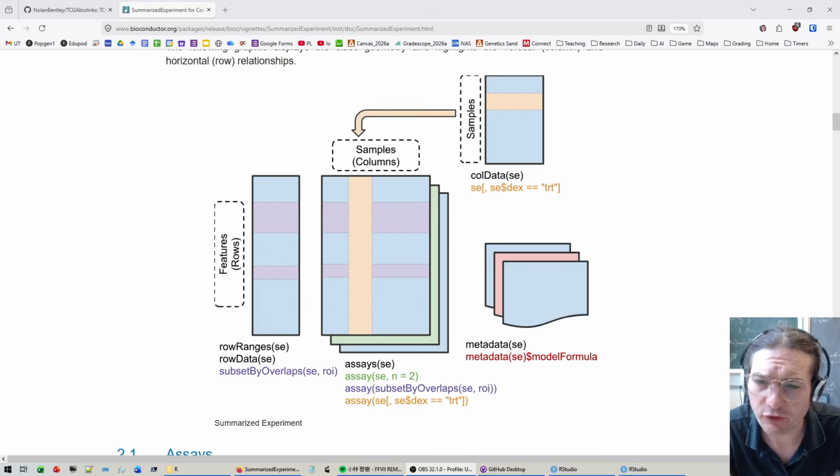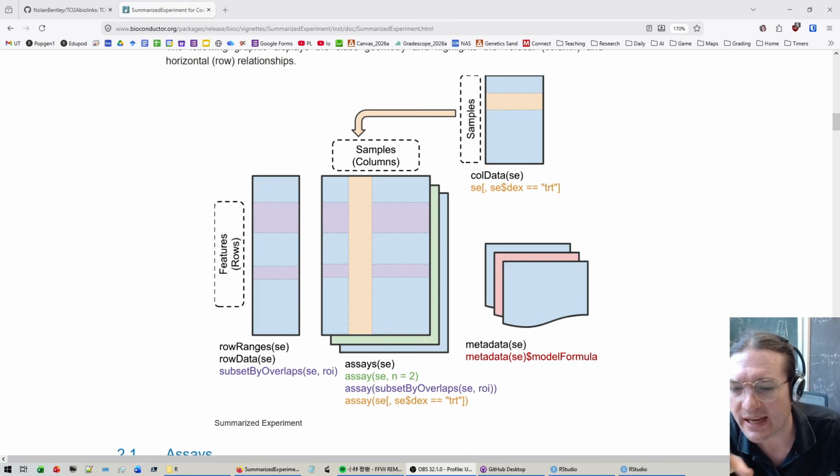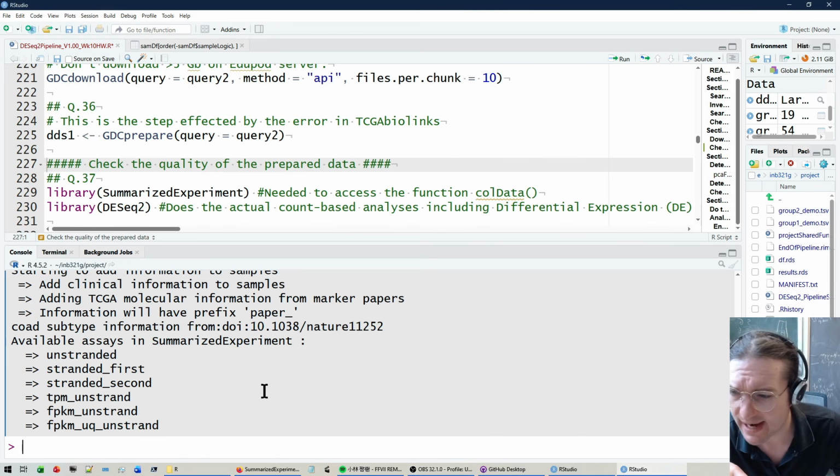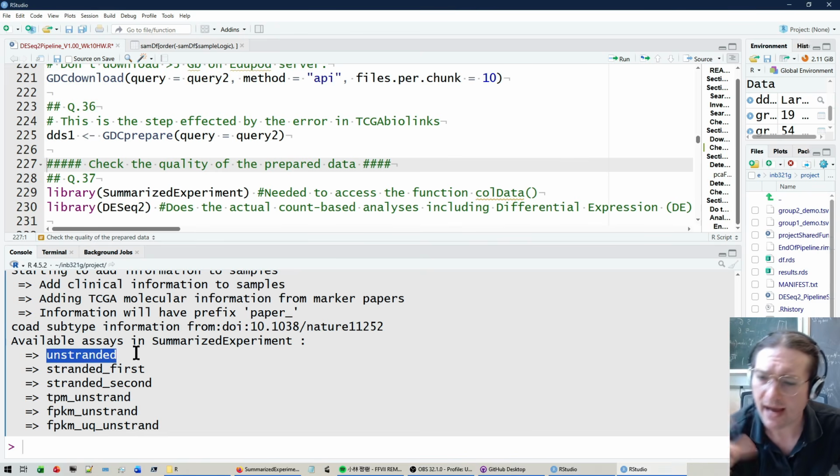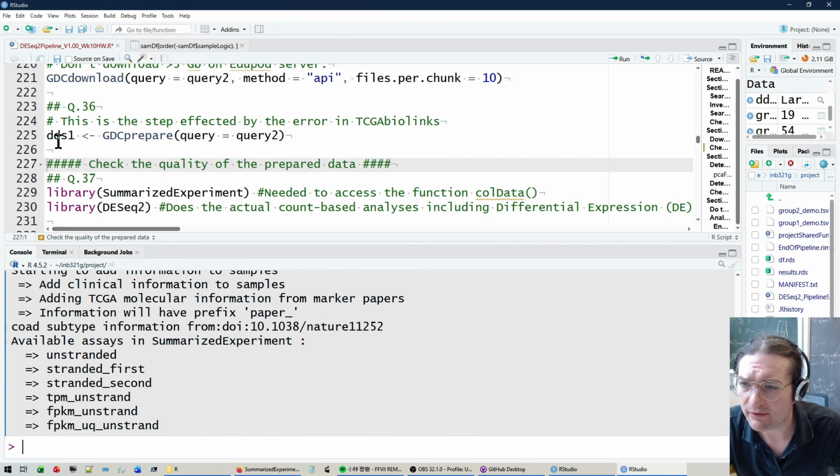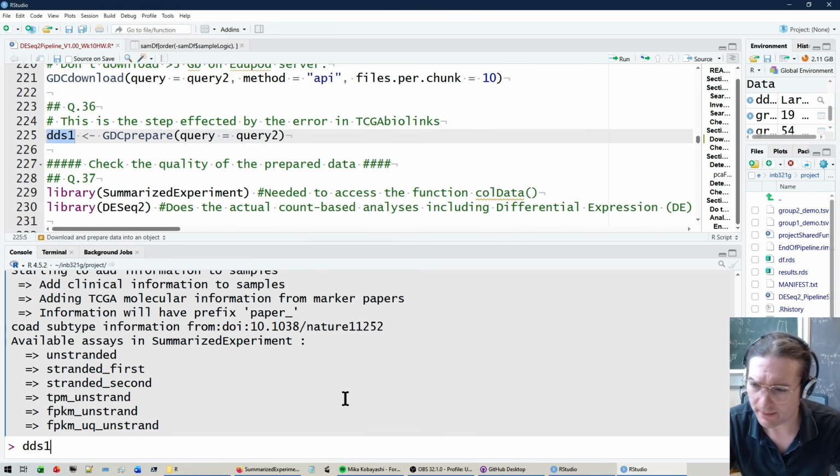And so finally, let's talk about the central area. The central area is the central data. This is the gene expression data in R objects. So if I jump back to R, we can see what data managed to be downloaded. If I take my DDS1 and say assays, this is going to give me access to that center data. That's just from our